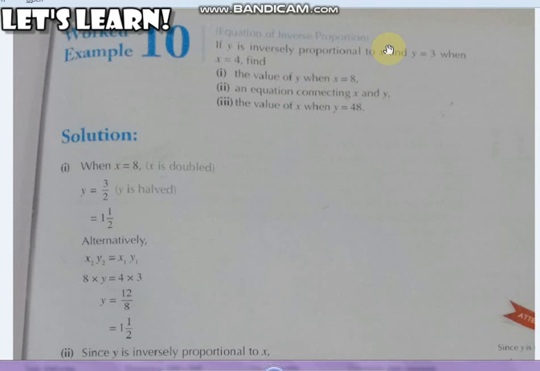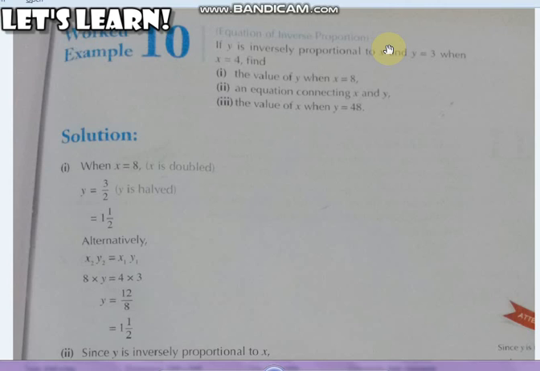If you remember so far, in the last session I taught you how to write a relation. That was the first important thing we learned. Then we learned how to change that relation into an equation. Then we also looked at how to calculate values without an equation, because we saw a couple of scenarios: if we have to calculate something regarding inverse proportion, we have two ways. One way is either we make an equation and then calculate our value. The other way is you can calculate the value without making an equation, that is through a table form.